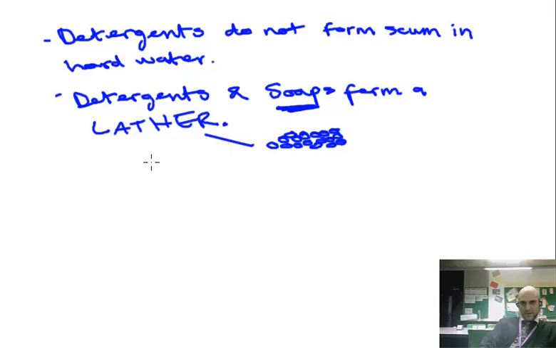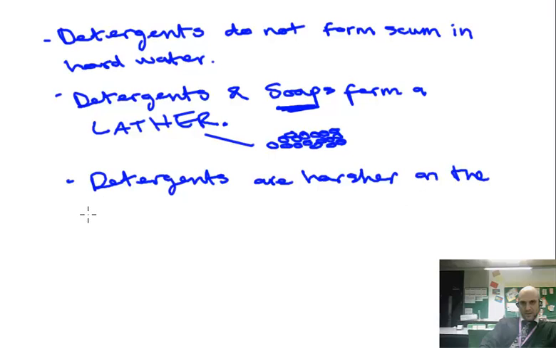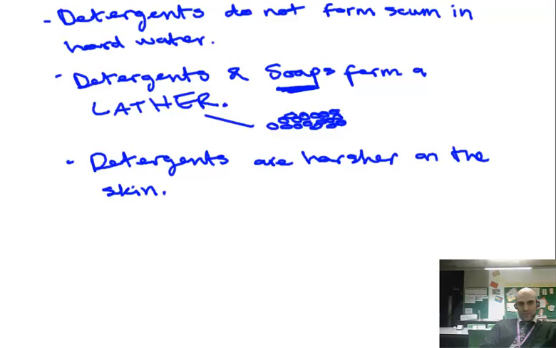Detergents form a nice lather, as I'm sure you know when you're washing your dishes, you use a detergent. Okay? Detergents tend to be harsher. Soaps don't tend to be as harsh on the skin, which is why we use them to wash our hands and our faces, or at least I'd like you guys to. Whereas detergents are harsher on the skin, which is why your mum tells you do not wash your hands with the washing up liquid, because washing up liquids are detergents. It's just not good for you. Okay, now